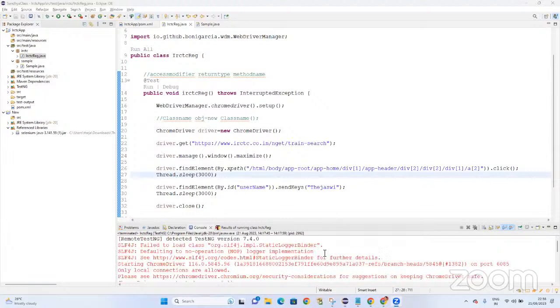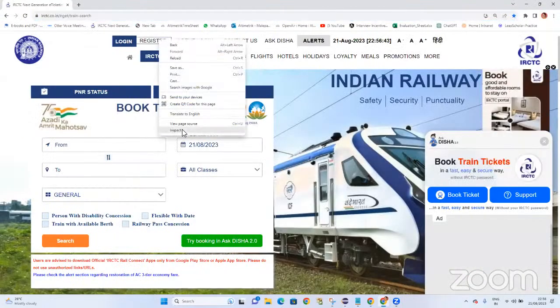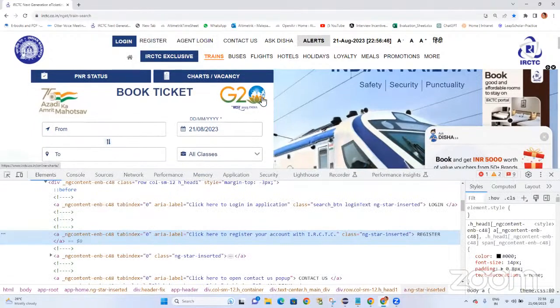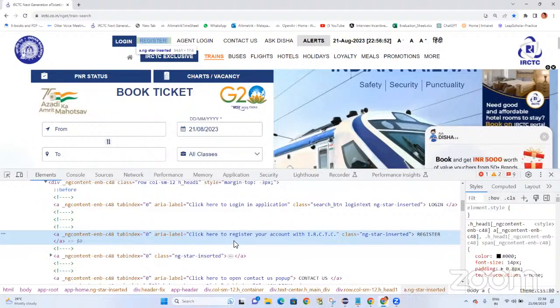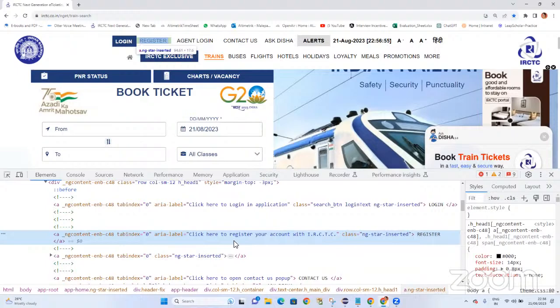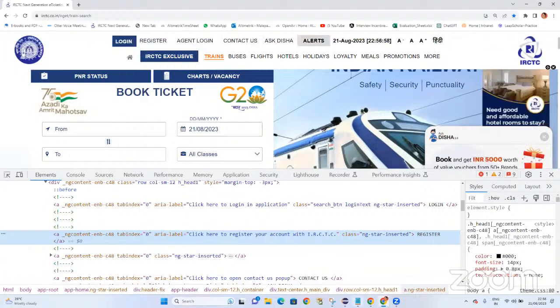Today we are going to learn the relative XPath, how we can write our own XPath. Till now we have seen ID and name, and if both of them are not available, then we directly go and take the absolute XPath, which we copy. For example, when I inspect the register here in this application, there is no ID and the name is also not there. So other things will be used in particular ways. For example,